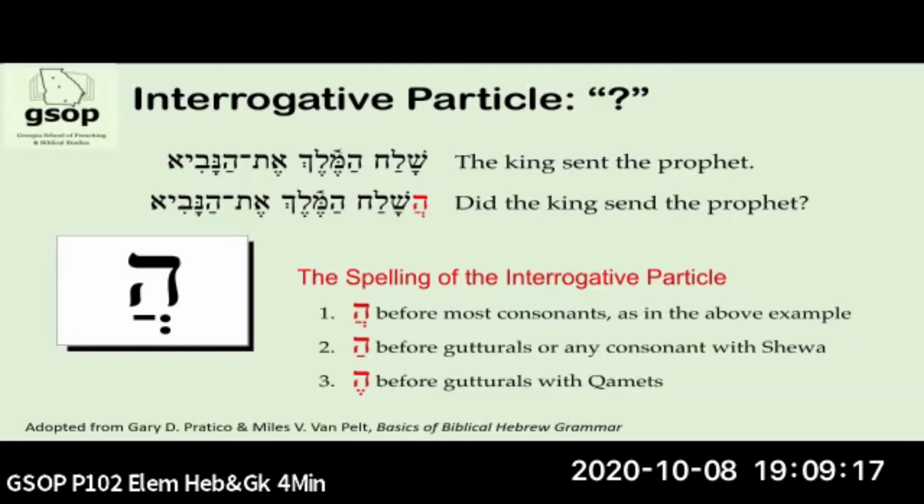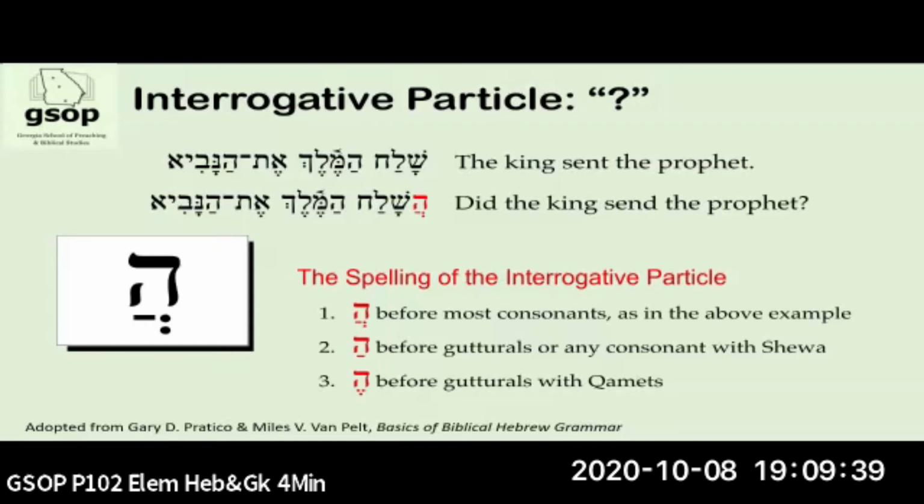And then there's what's called the interrogative particle. Well, it looks like the hey, except instead of having the patach under it, or some other vowel such as a segol, it has the hataf patach. That is the reduced patach. And when you see that with the little two dots and the patach next to it, that's a hataf patach,